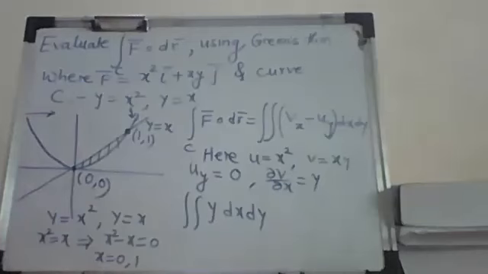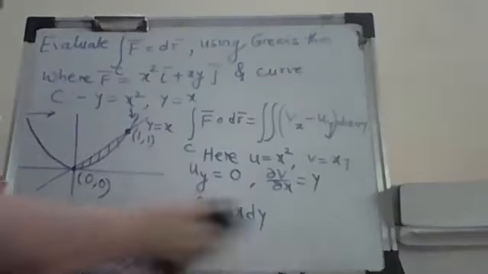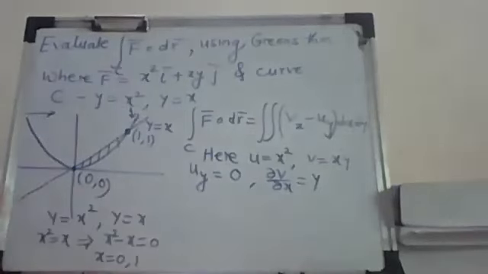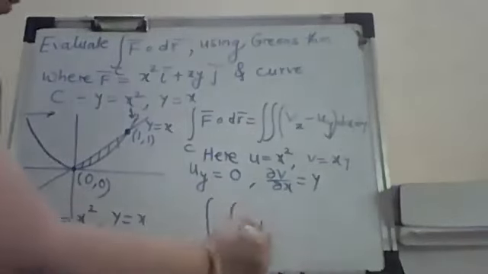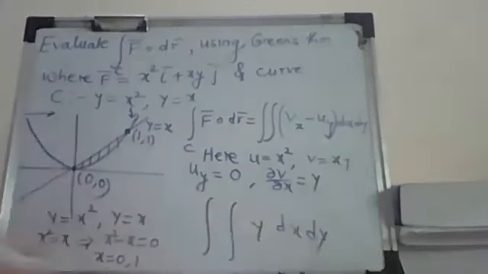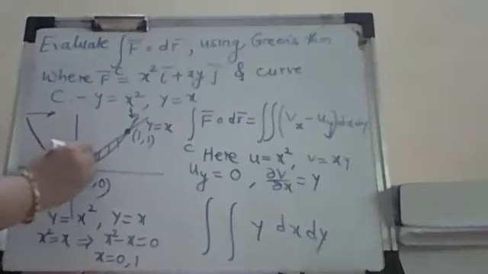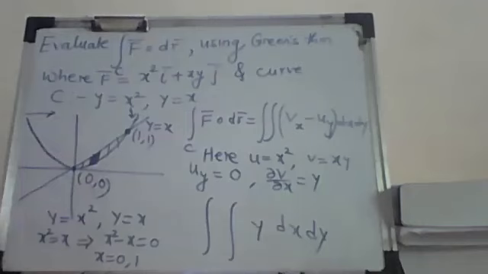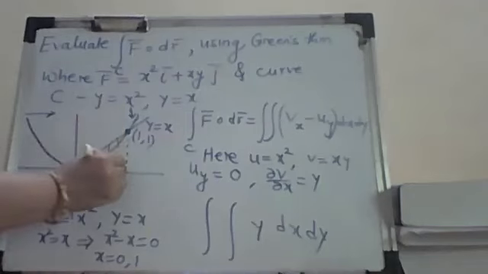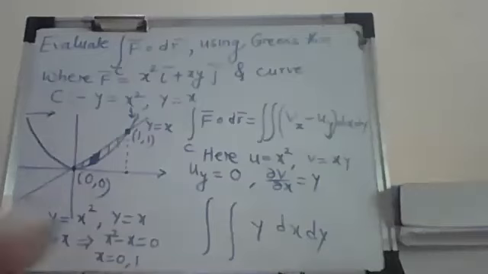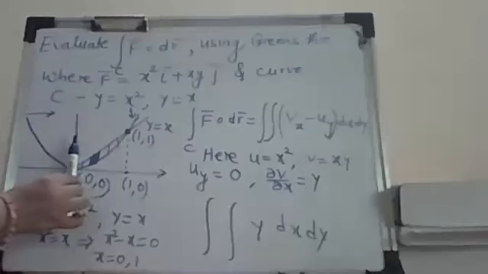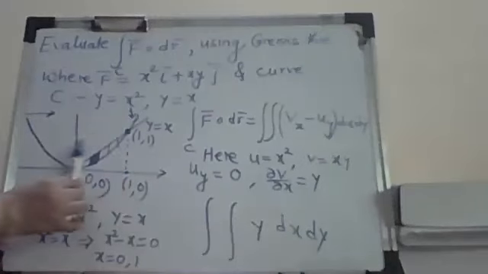Okay, so for evaluating this integration, we have to substitute the values. So what I'll do is I just write it down this way: the double integration y dx dy. I'll tell you how to write down the limits because we have done this last year. So what we have to do is take a vertical strip, if you remember that, and take a perpendicular on the x-axis. So where it intersects at 1, correct? So I just move this vertical strip from 0 to 1, correct?